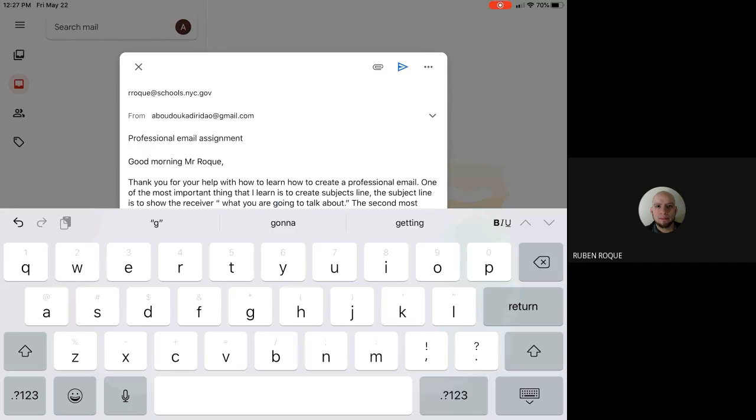No, well, let's see. It's always good to make your correction and then read it again. Like you have to see, does it sound right? Is it making sense now? So then read it. One of the most important things that I learned is how to create subject line. All right. So we're getting closer now. My thing is the word is. We don't need that. But can we change is by words?